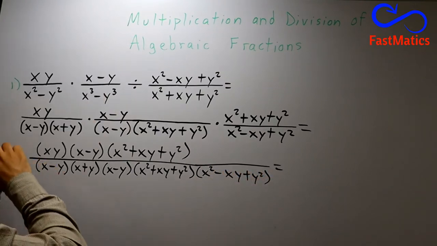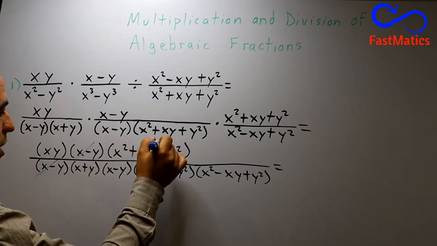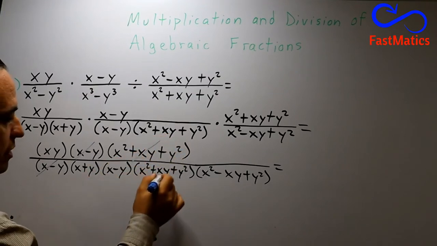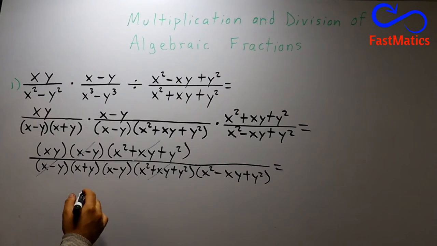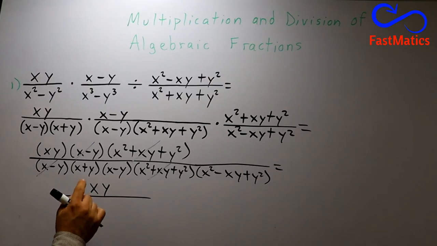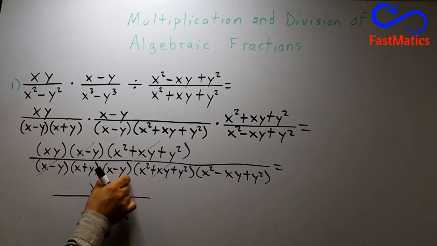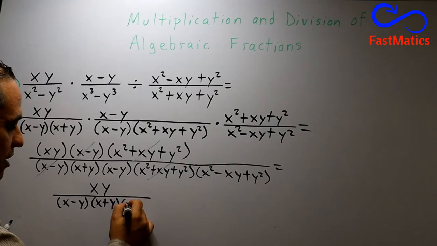Because we have factors, we can eliminate x minus y with x minus y. X squared plus xy plus y squared with x squared plus xy plus y squared. And finally, we can write xy over, and intentionally I will put this expression first times the other expression times the final expression,